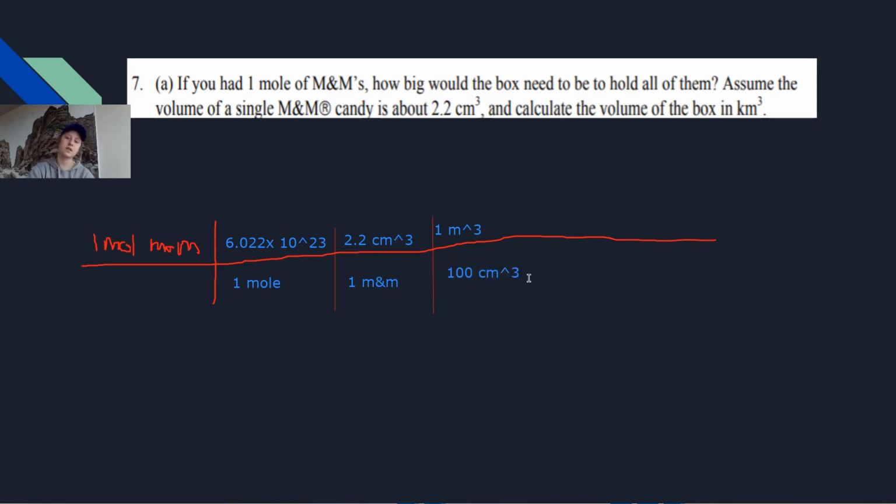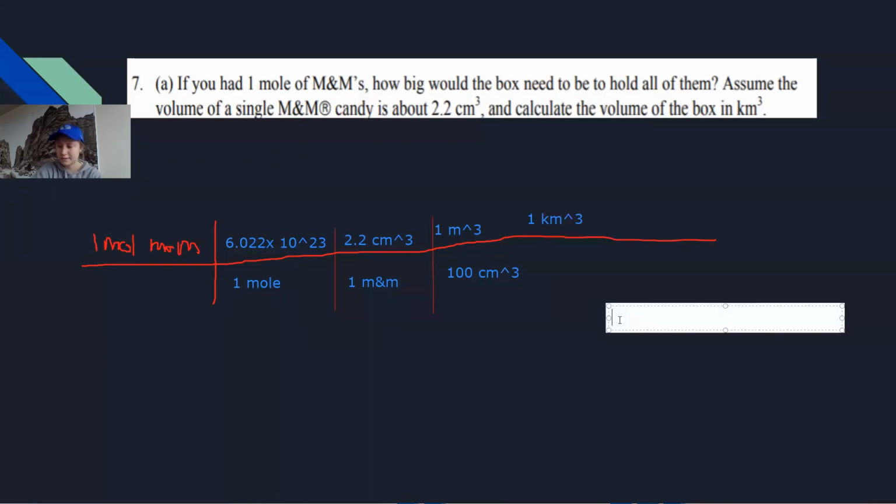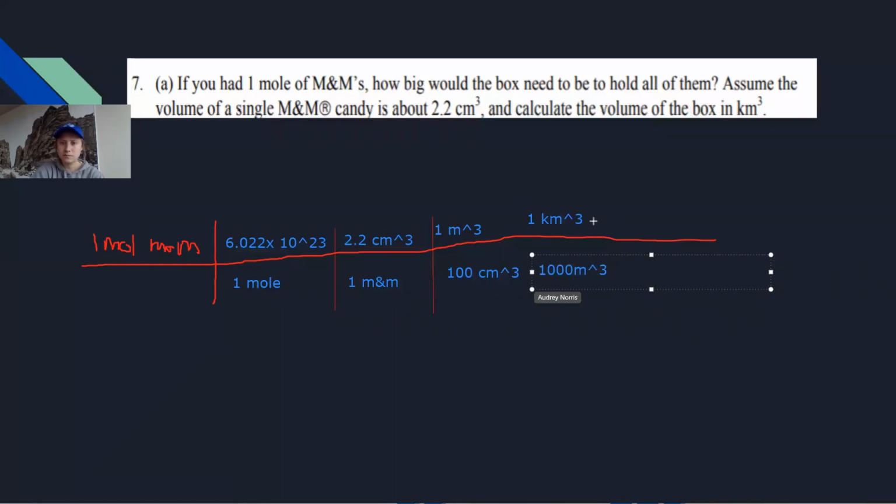And then we'll have our, okay, and if we do all that, then we'll see that we will have,